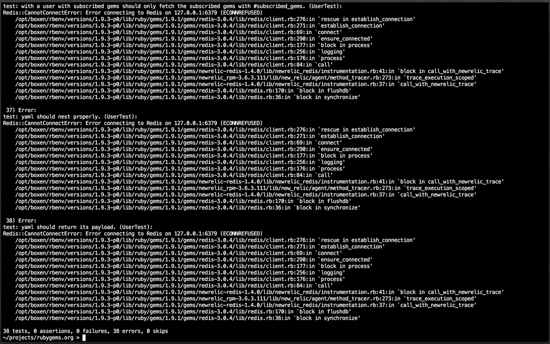Oh, I'm having an issue connecting to Redis. I've got a funky Redis here with my box and